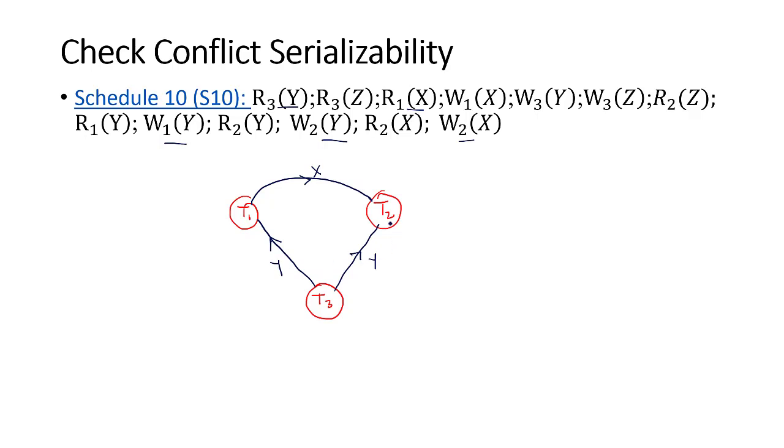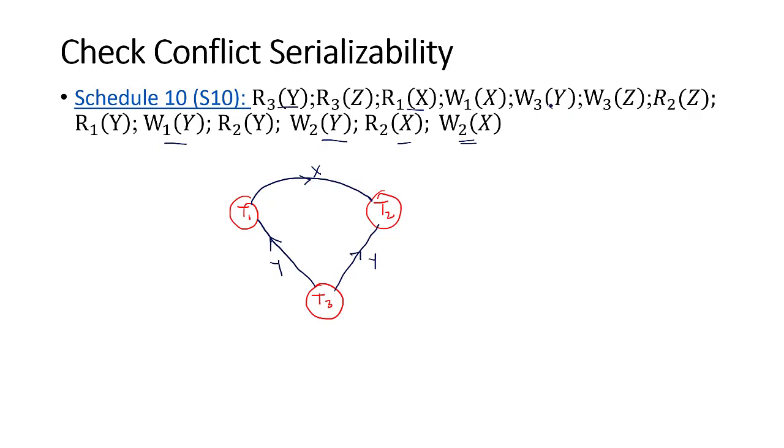We see all the three nodes are connected, but it is not creating any cycle yet. So let us go further and check other operations. Then there is a writing of data item X by transaction 1, so it will obviously conflict with this operation and this operation. So there will be an edge from T1 to T2 depending on the data item X, which